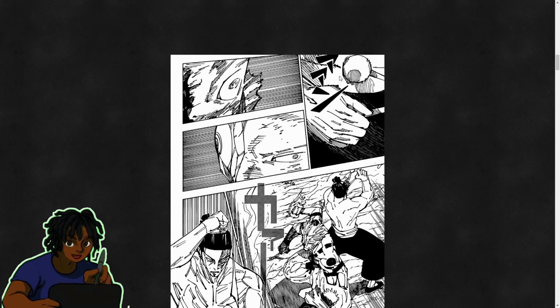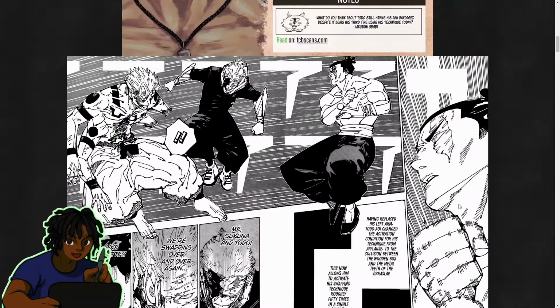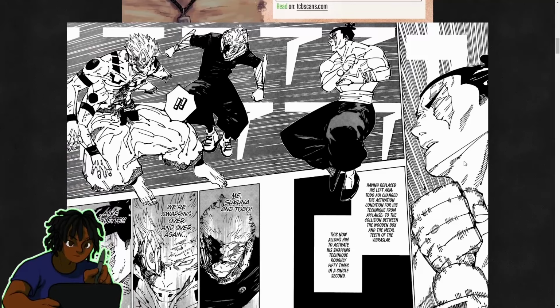Okay, this is Toto's Beaver Slap, the percussion instrument. This is Yuji's face and Sukuna's face, and it looks like they swapped. So Toto swapped with Sukuna, Yuji swapped with